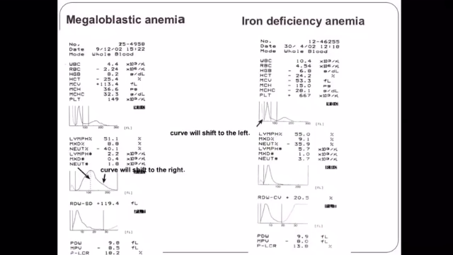In the last practical, we have seen megaloblastic anemia, in which the MCV is higher than 100. In this first strip, the MCV is 113 femtoliter. So in the graph, you can see the shift of the RBC curve towards the right side, because the size of the RBC is increased. While in iron deficiency anemia, the size of the RBC decreased, and the MCV decreased. In this strip, the MCV is 53.3 femtoliter. So the peak, the curve, is shifted towards the left.